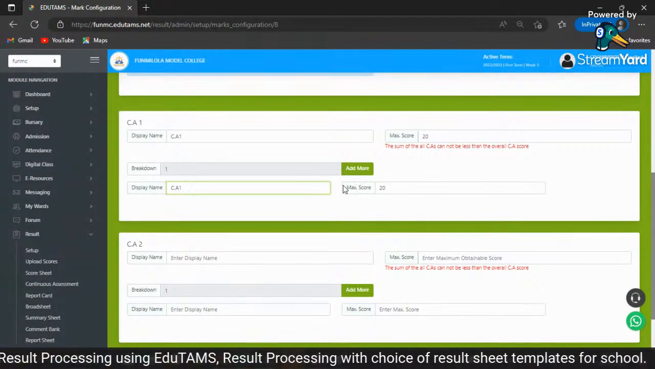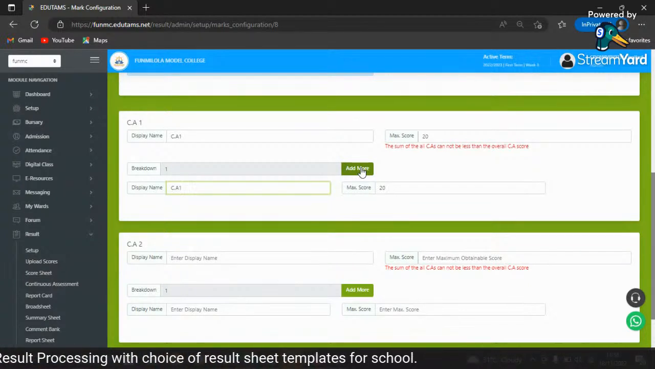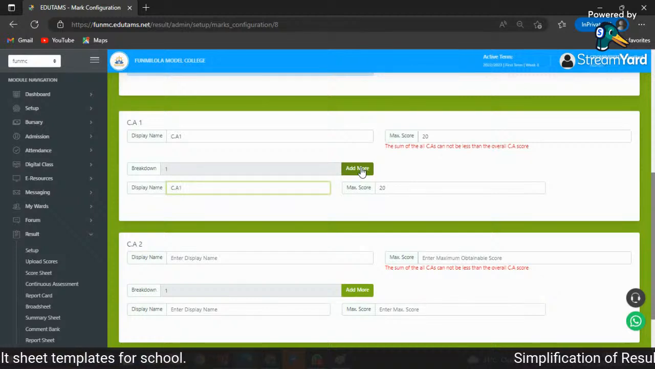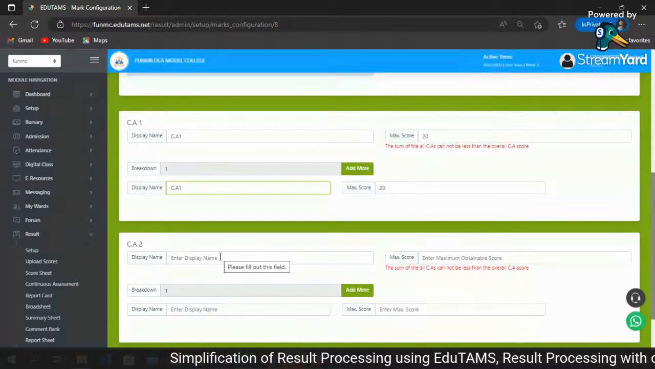But let's continue. If you want to break it down, you click on add more. Then this CA1 will as well break into 2. Then you will have CA1, either the midterm or welcome test. You can also use it as your CA1, this part. Then the next one should be